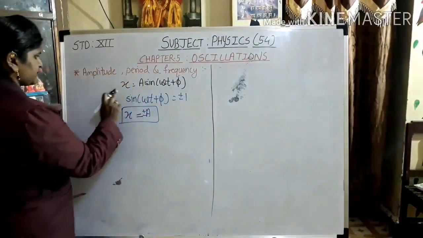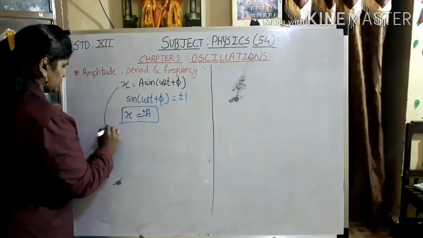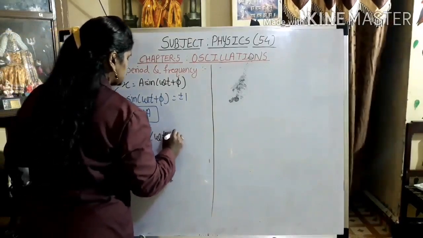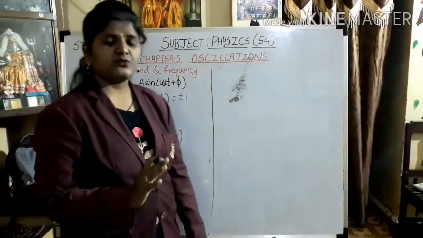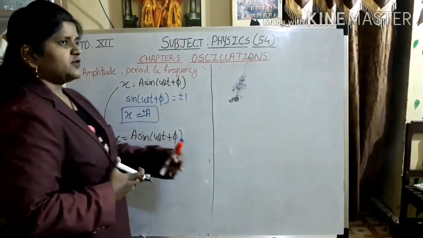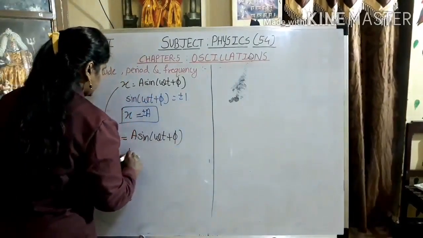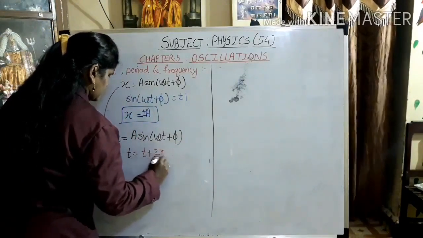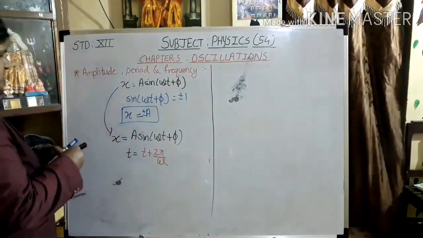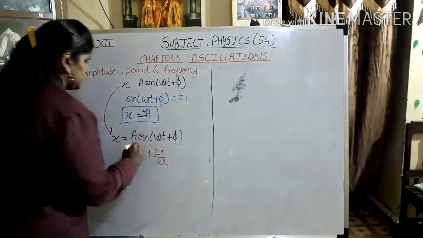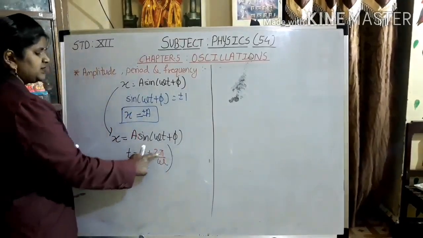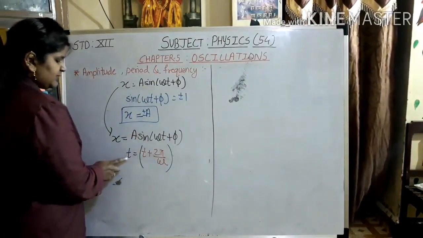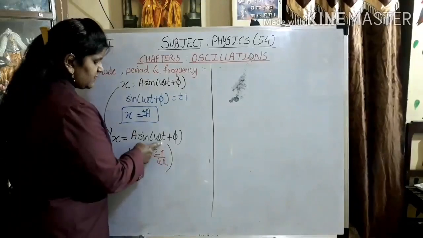So we'll see over here, again you all know this equation, I will write it again. x is equal to a sin(omega t plus phi). This is the required equation, in which we are going to put what happens after time t. So this is what we are going to consider, that is small t. After time t, this becomes t plus 2 pi by omega. Okay. So we are going to put this value of t in the given equation.